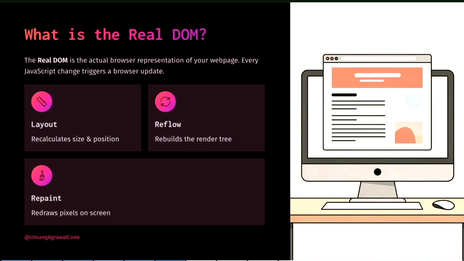It will rebuild the entire tree, and it will redraw every pixel on the screen. Whenever you make small changes, everything gets recalculated just to update a small change. So this is the problem you face when we work directly with real DOM.